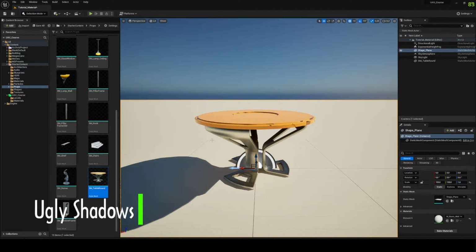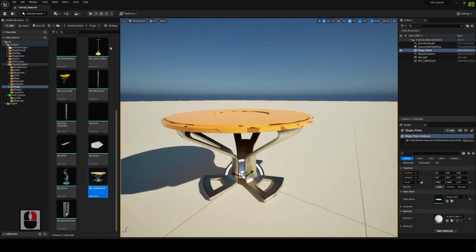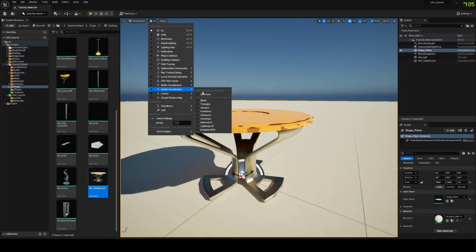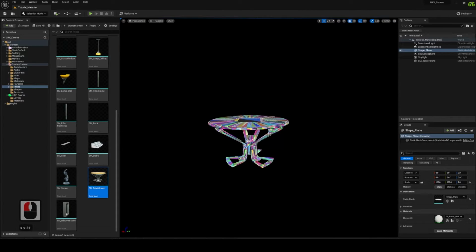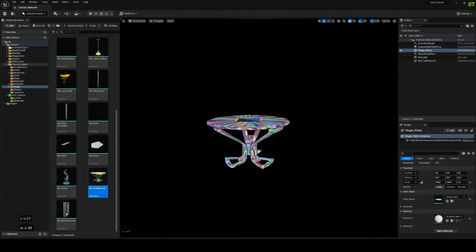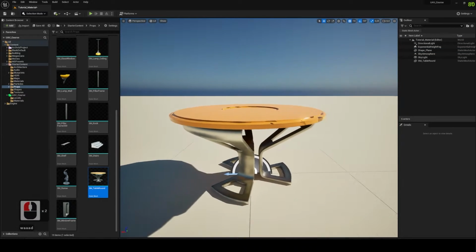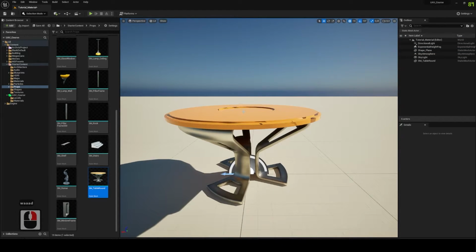Actually, I will talk about a graphical glitch that appears early. You see the ugly shadows on the object. The reason for this is that ray tracing and the Nanite system are not yet fully integrated. The Nanite system adjusts the number of surfaces of 3D objects according to the space they occupy on the screen. Ray tracing, on the other hand, is a system that works by reflecting light from the surfaces of 3D objects. While the Nanite system reduces the number of surfaces, it can distort geometric surfaces